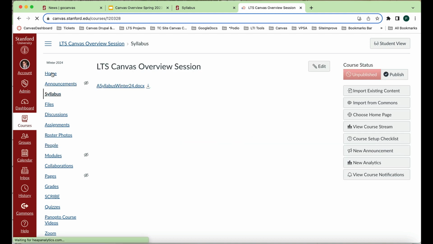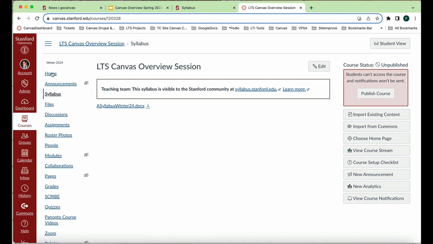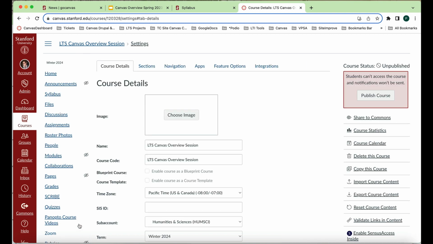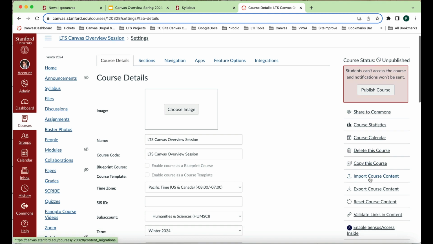Okay, moving on. Let's say you want to import course content from a previous quarter into this particular quarter. You would start out by doing so in the current quarter's course shell. You would then scroll down to Settings. And if you draw your attention to the right side of the screen under Course Status, you will click on